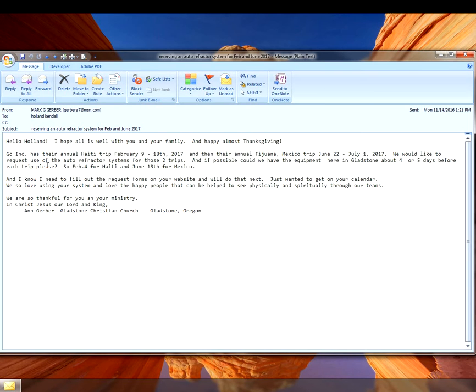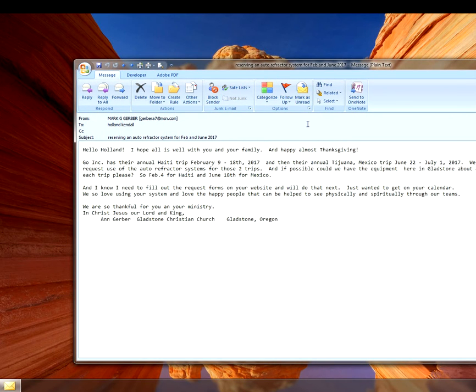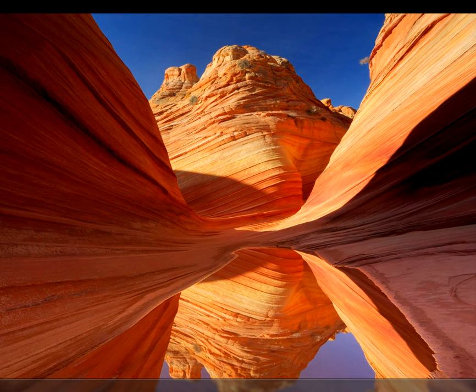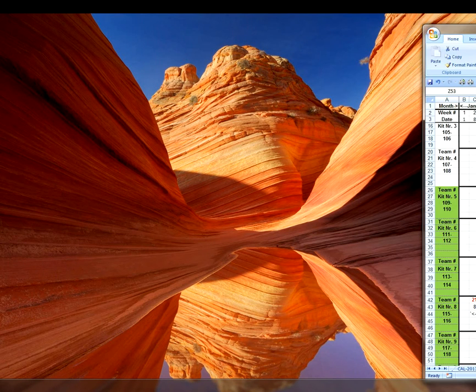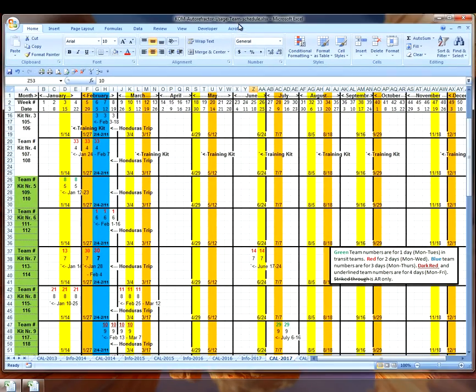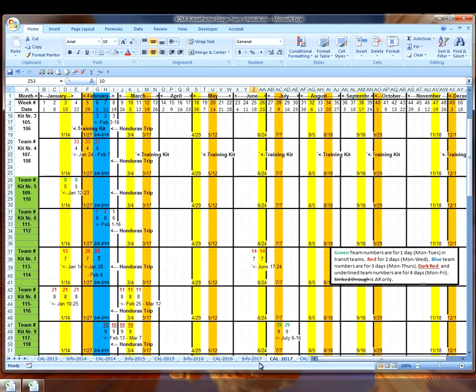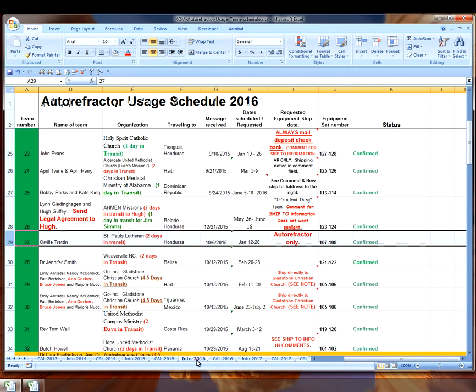They have gone several times in the past, so I have information about them already. However, I will request that they send the forms that they wanted to get on my records immediately. The first one says Haiti trip, February 9th through the 18th. Move that out of the way, and I'm going to move my spreadsheet over, and look for previous Ann Gerber